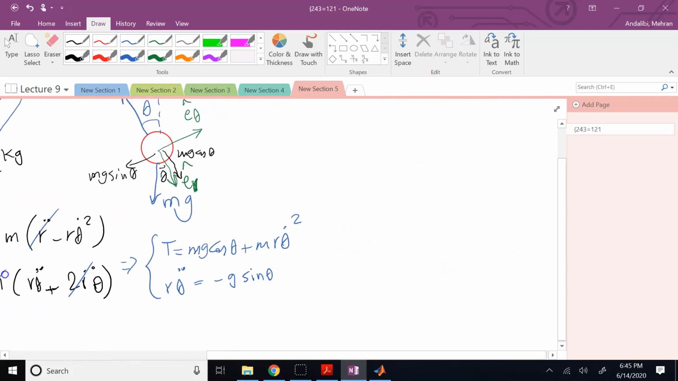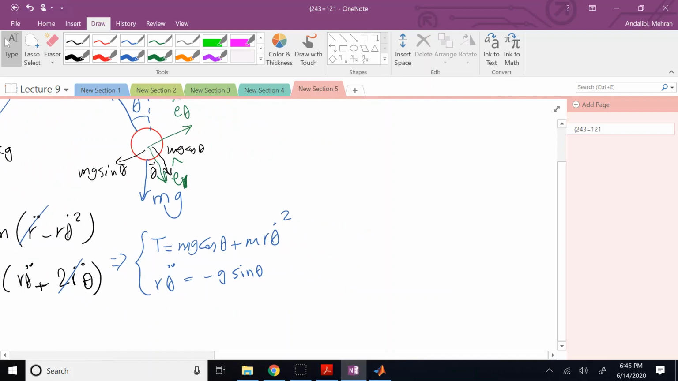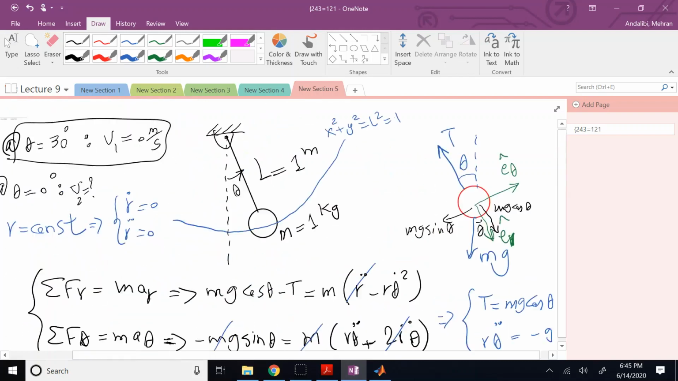Okay, so these are the simplified differential equations. Now, which one do I use? Well, the top one, because the solution ultimately here is about theta dot. What I need, if you look here,